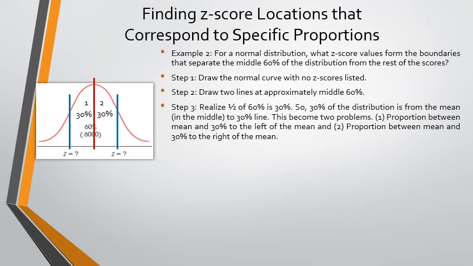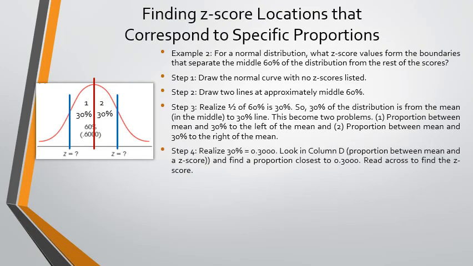So I label problem 1 as the proportion between the mean and the 30% on the left, and problem 2 as the proportion between the mean and the 30% on the right of the mean. Okay, so two separate problems. So what you have to do first is remember 30% is equal to